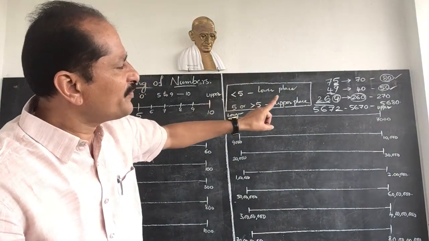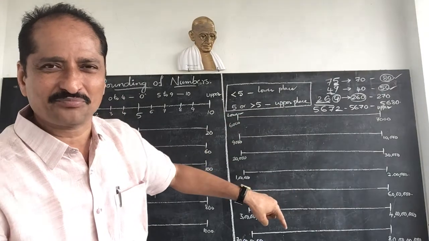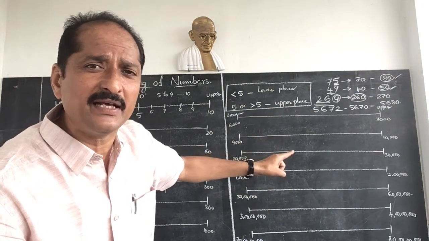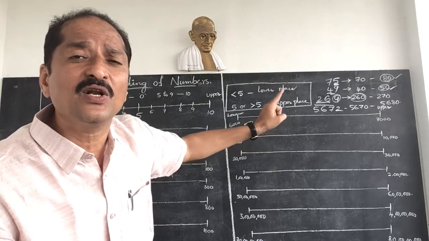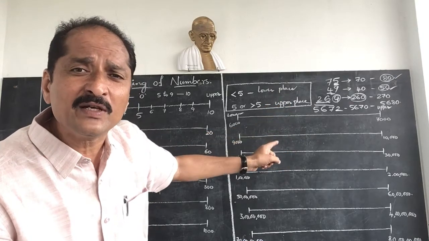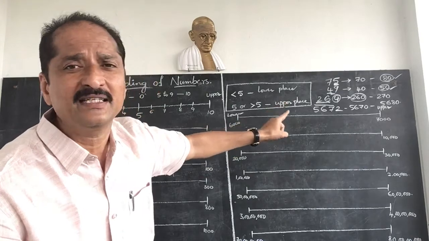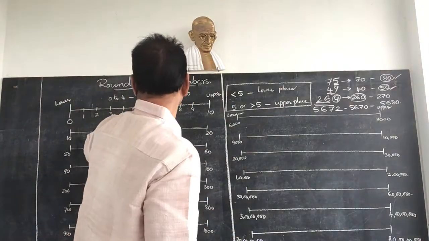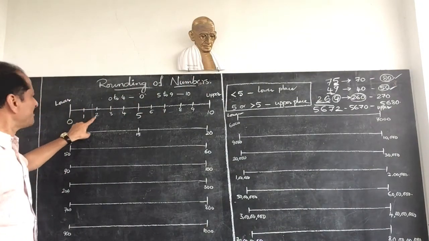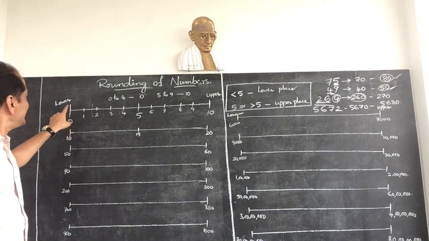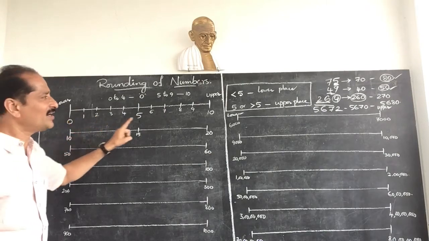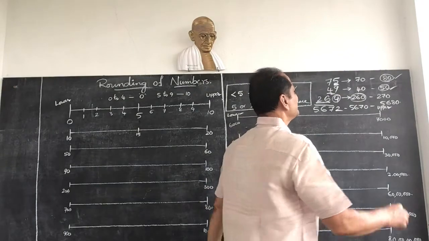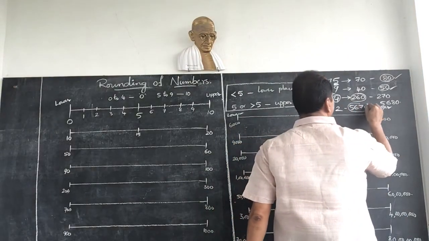Should we round off to lower 10 or upper 10? Observe carefully, whenever you are rounding this number to the nearest place, we should see the next lower than tens place. The next lower than tens place is ones place. The digit in ones place is 2. 2 is nearer to lower or upper? Observe, 2 is nearer to the lower place. So here also the lower place is 5670. So it should be rounded to 5670.